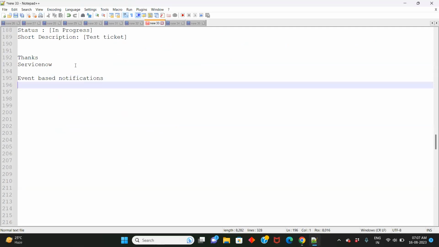So first we need to understand what you mean by event. Then we'll understand the purpose of event-based notifications. So, event. An event is nothing but any occurrence, anything that happens in the system. Any occurrence or any activity in the system is called an event. For example,